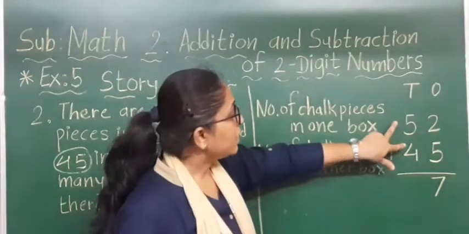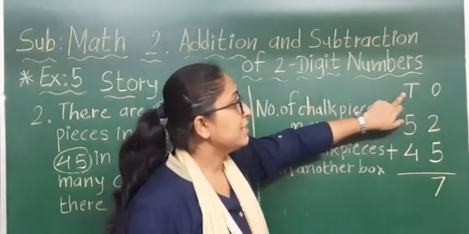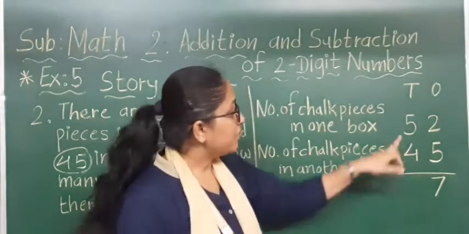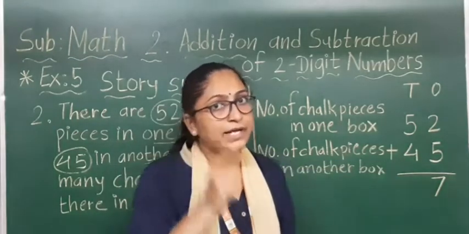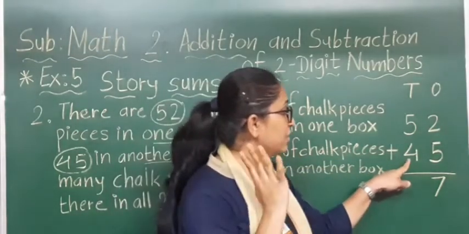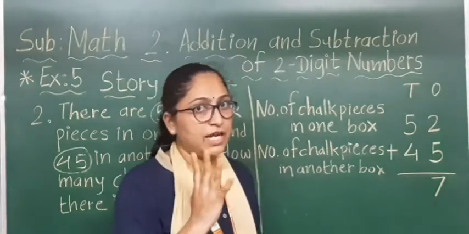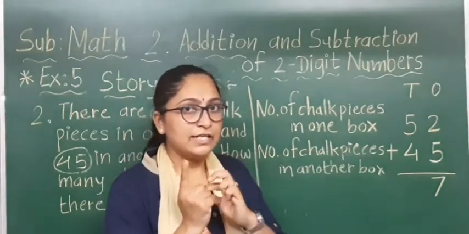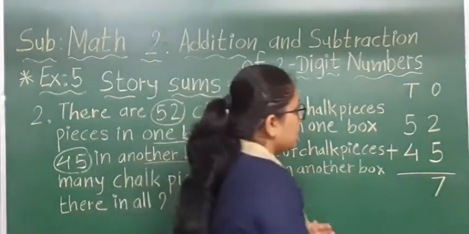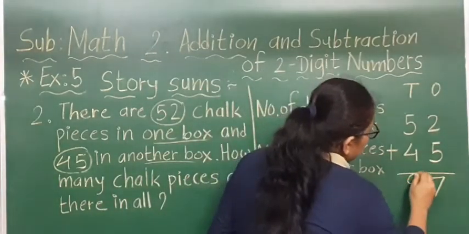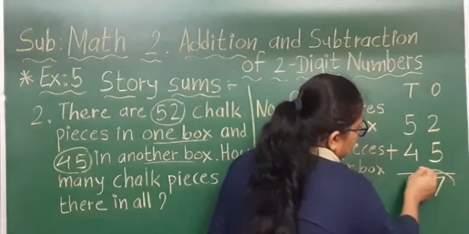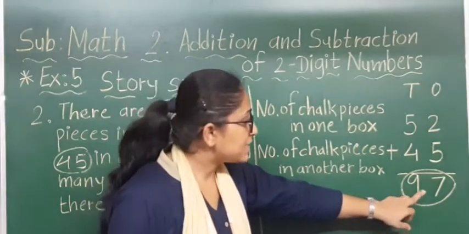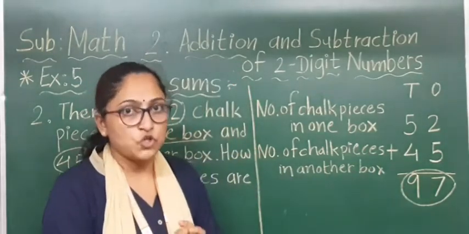Now count them together. That numbers are in tens place. That is 5 number and 4 number. 5 is bigger number, keep in your mind, and another number in your finger, that is 4. 4 fingers, right? After 5, 6, 7, 8 and 9. Okay. So here I am going to write the 9 number in tens place. That means we got the answer 97. 97 is the total number of chalk pieces.